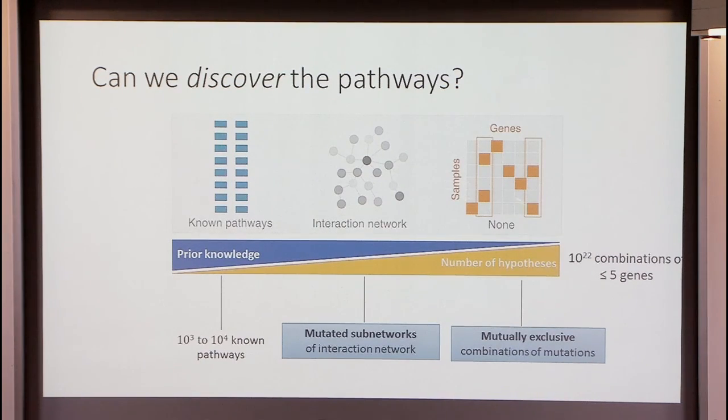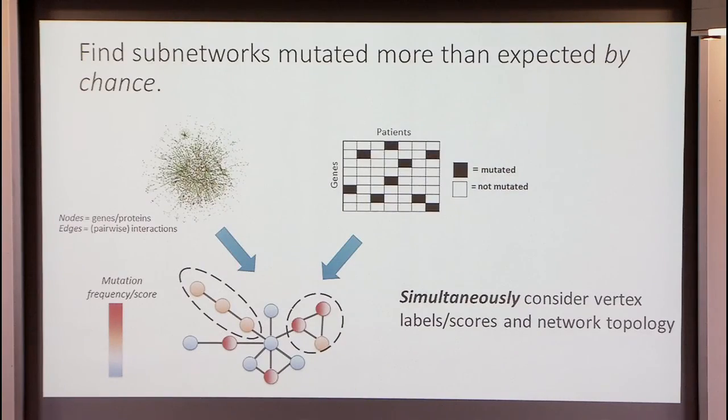One, somehow an intermediate between these extremes, is to look at one of these interaction networks, which show you globally something about the structure of interactions, but you haven't predefined the sets of genes you're going to look at. Or you can make some hypothesis about what you expect these combinations to look like. And one of those is mutual exclusivity, which I'll show you quickly. So here's one setup of an approach that's been used.